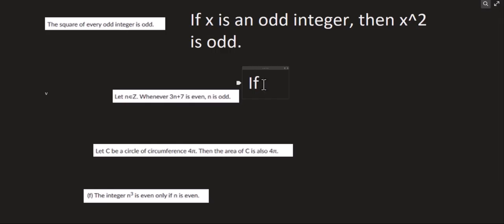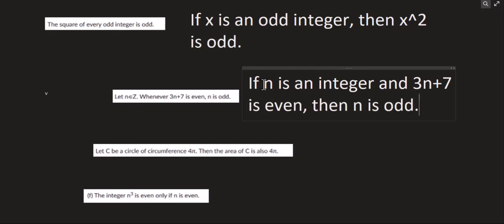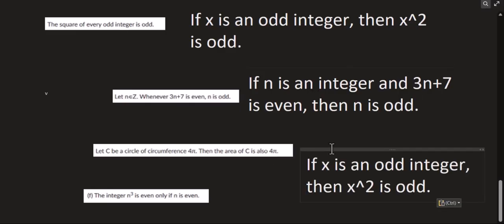So if n is an integer and 3n plus 7 is even, then n is odd. So we have two things that are conditions. We have to have n has to be an integer, and 3n plus 7 has to be even. Now for this next one,